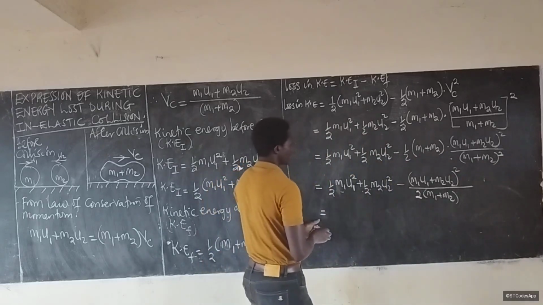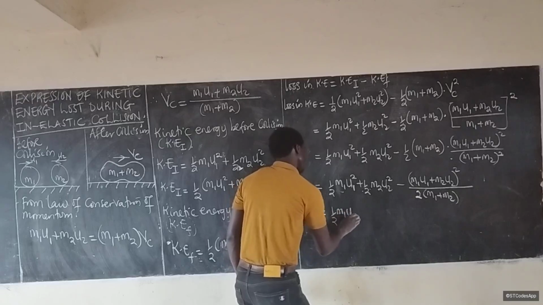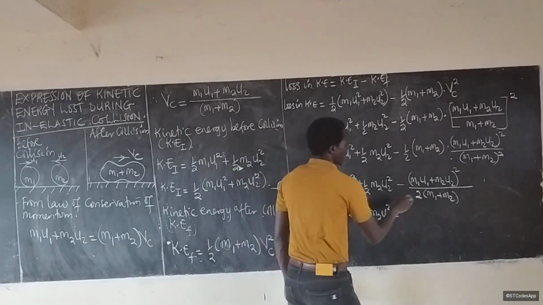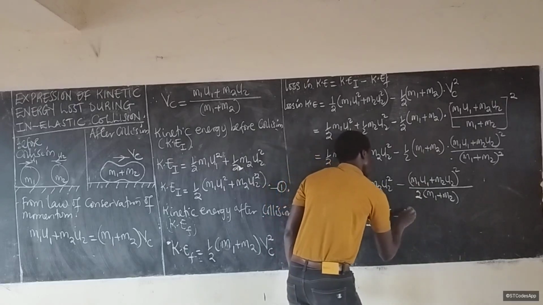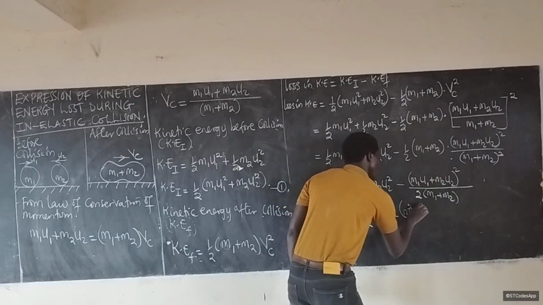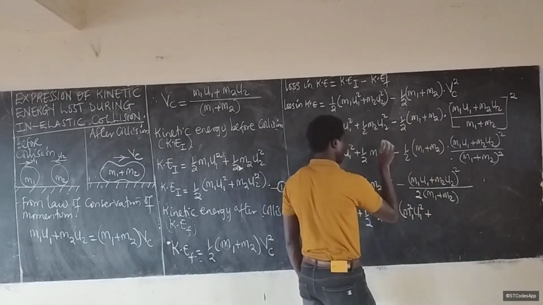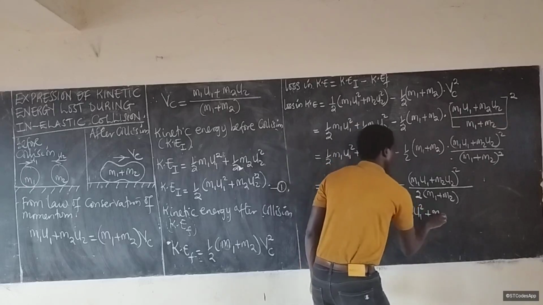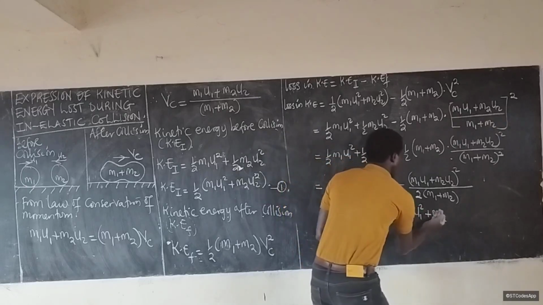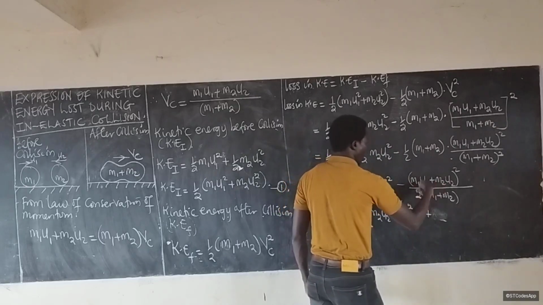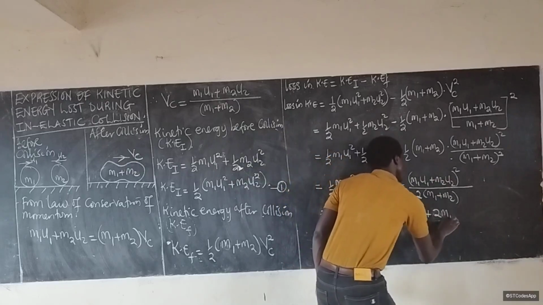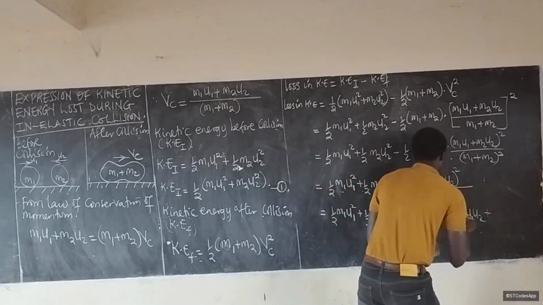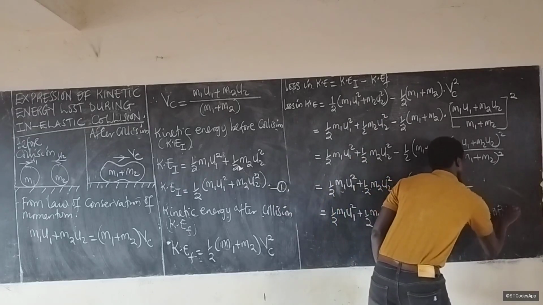So I'll get it as a half M1 U1 square plus a half M2 U2 square minus, here I can expand, this is going to be M1 squared, U1 also squared, and then I will have plus M2, actually I have a square of this, then I have to multiply the 2, so it will be 2 M1 M2 U1 U2, then I also square this plus